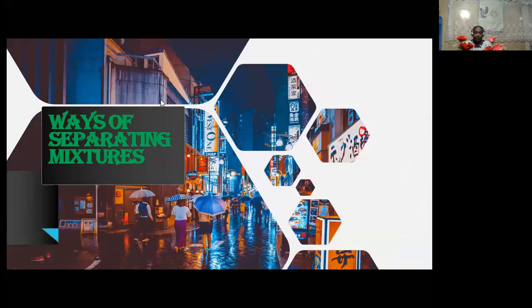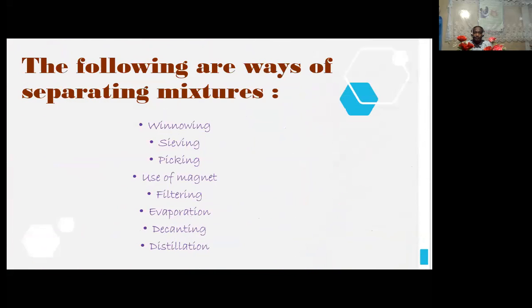Pupils, we are going today to learn about ways of separating mixtures. The following are ways of separating different mixtures. They are as follows: